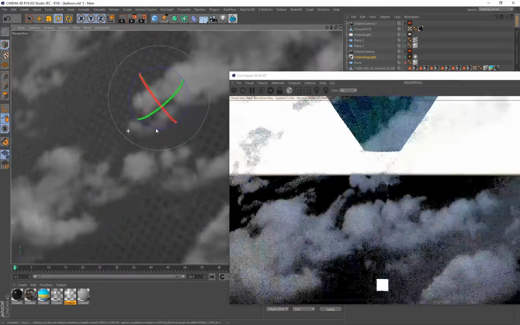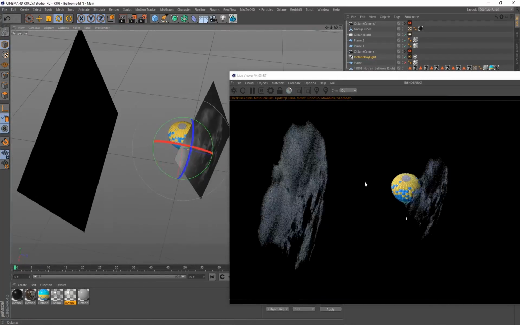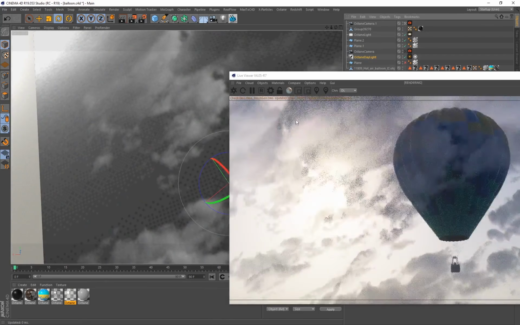Let me just zoom out a little bit. These clouds are actually the result of layering different planes. Now we can control the overall complexity of our scene by adding more planes, but it's simply just setting up planes, and I'm going to be showing you how to prepare these clouds and get them into the 3D workspace so that you've got some quick and easy 3D clouds that you can move around